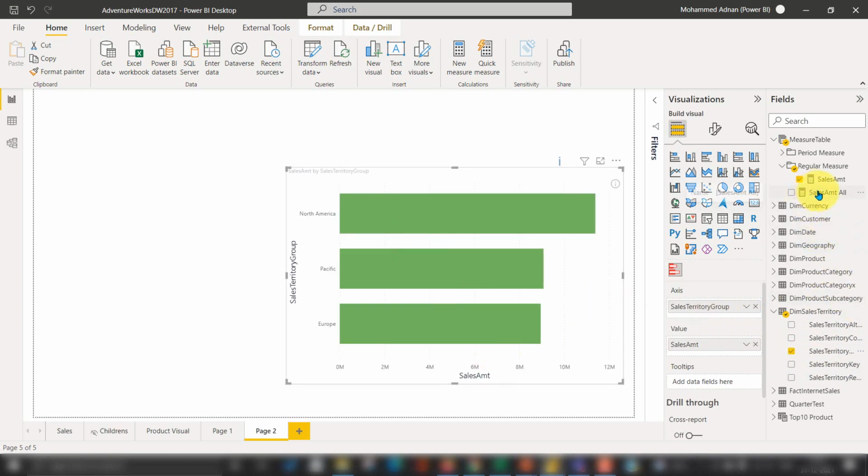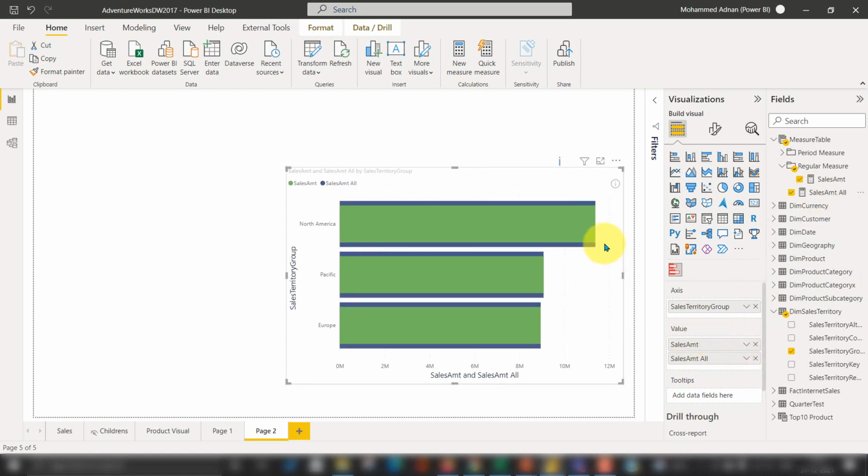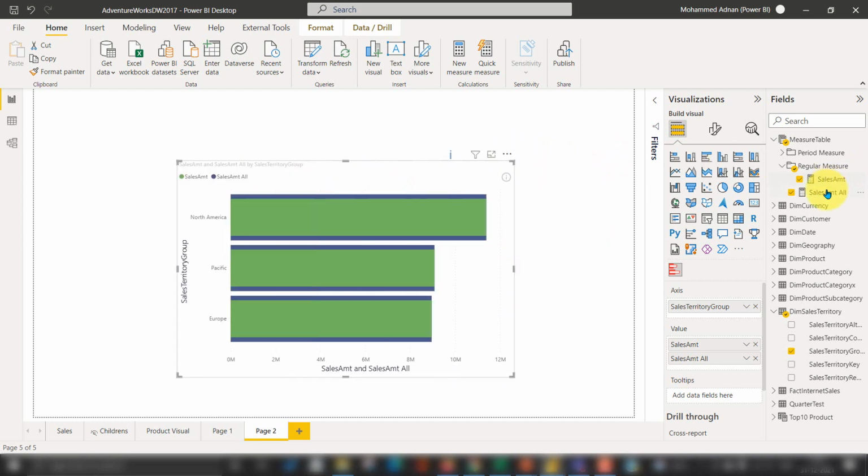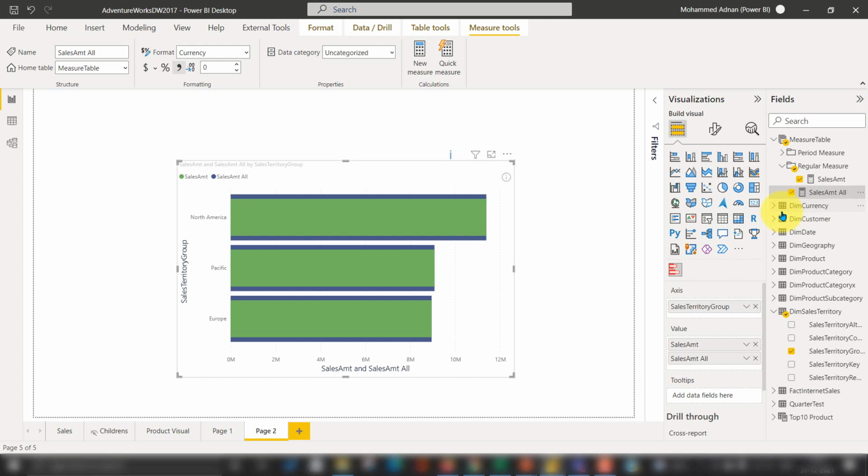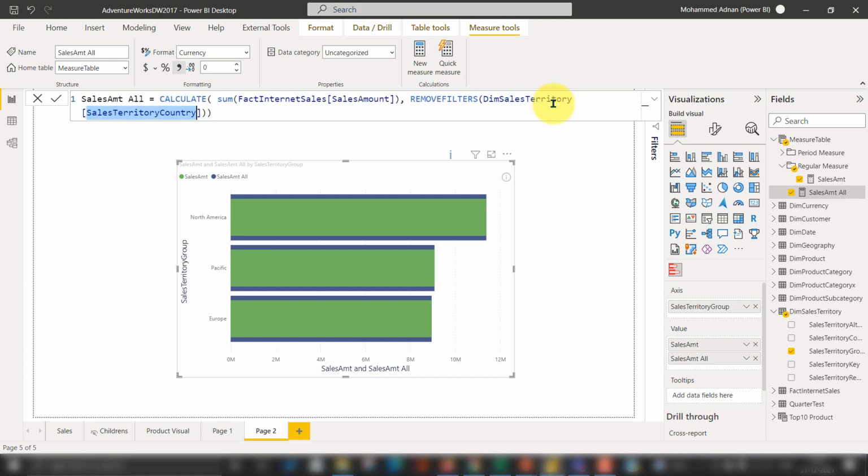Now I want to add sales amount all here. Just as an example, it is filtering the value here. If I go back to this one for the formula, if I remove this one, change the formula to remove sales territory group and click OK.